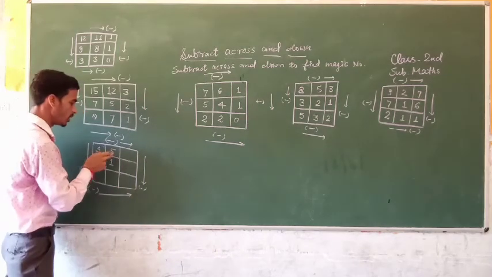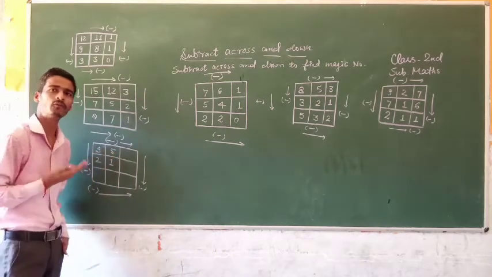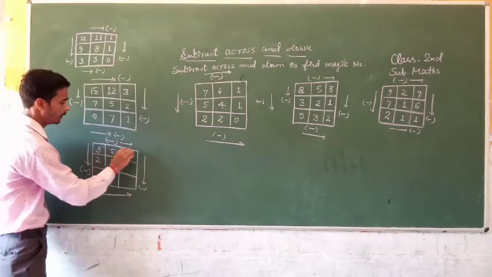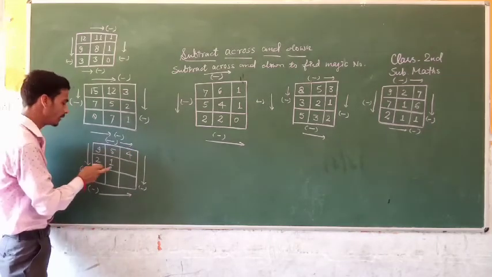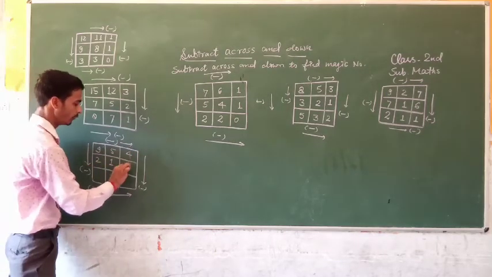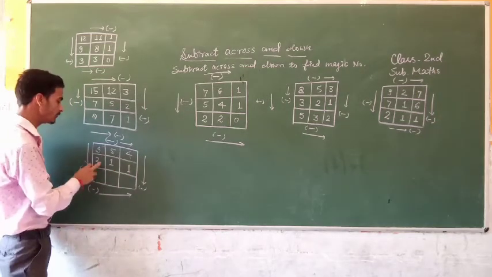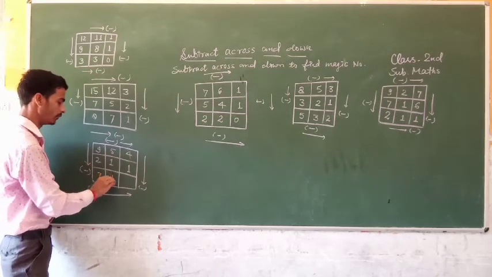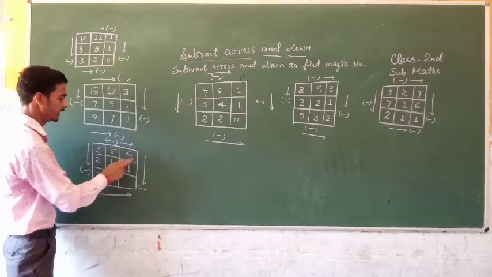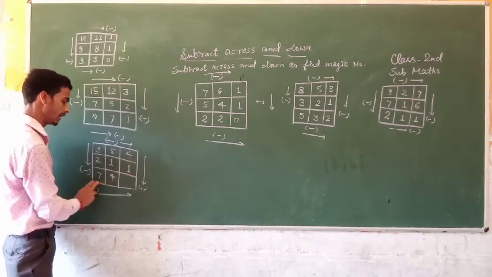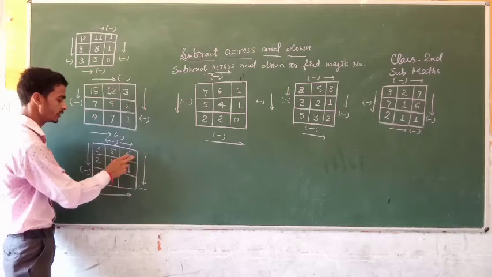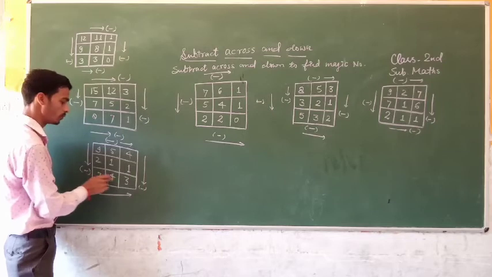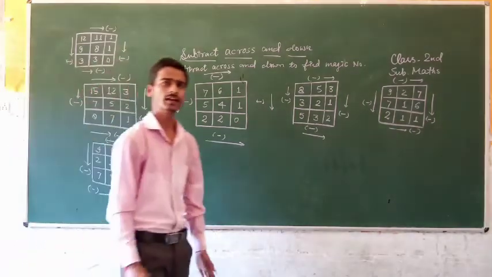When we subtract across, there is 5 and there is 9. In the first row, we will subtract. As we subtract 5 from 9, there will be 4. It's okay. And when we subtract 1 from 2, there will be 1. And when we subtract 2 from 9, there will be 7. And when we subtract 1 from 5, there will be 4. In both conditions, when you subtract across and when you subtract down, 1 from 4, there will be 3, and 4 from 7, there will be 3. In both conditions there will be 3.